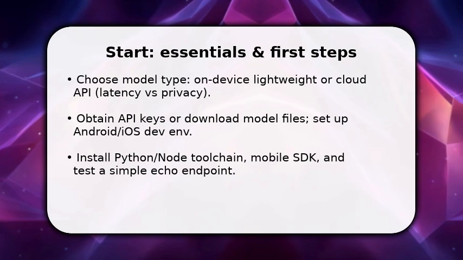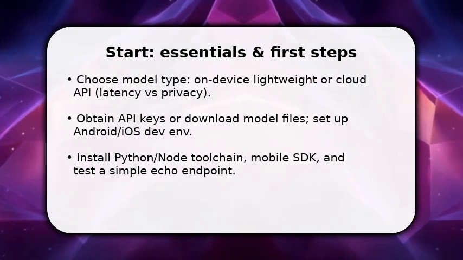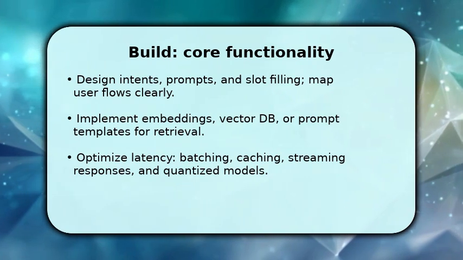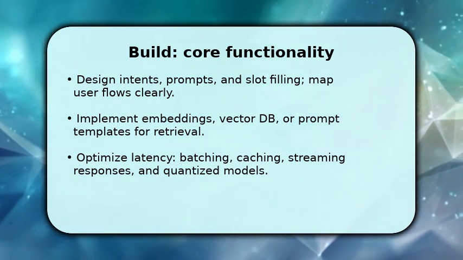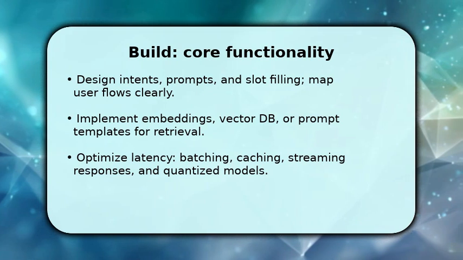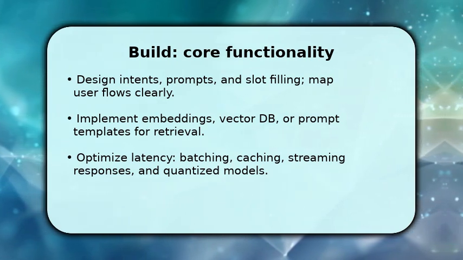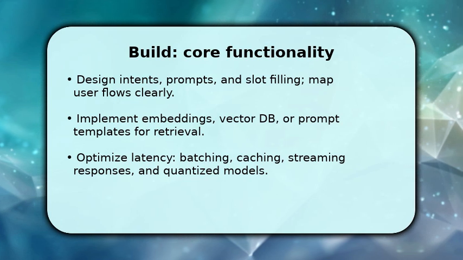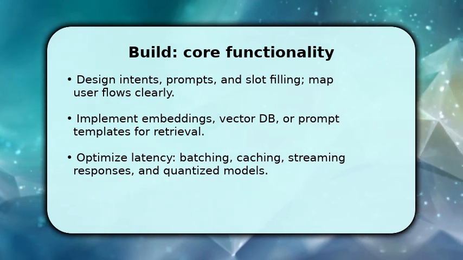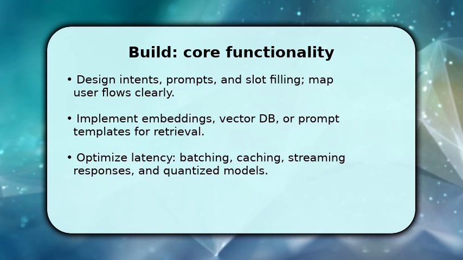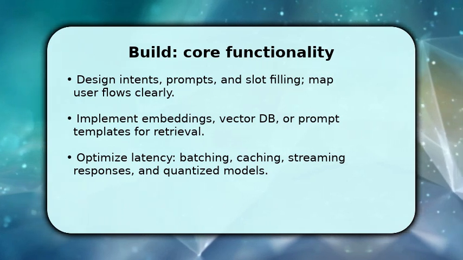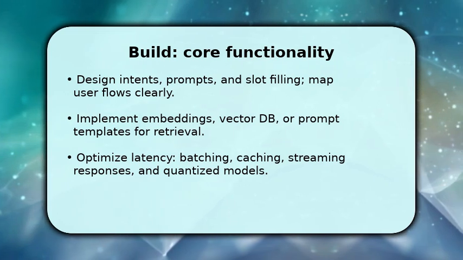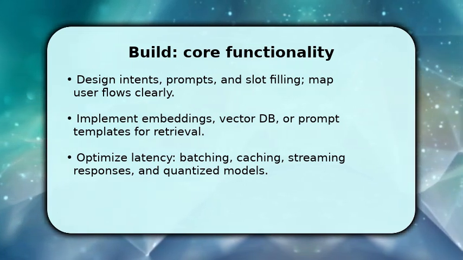before the core works. Now you expand functionality by defining intents and the conversational flow so the assistant understands user goals. This makes prompt design efficient and reduces costly API calls. Then add retrieval. Compute embeddings for local documents or user data and store them in a lightweight vector DB to ground answers. Once done, optimize for speed, use quantized models, cache frequent responses, batch requests, and enable streaming so users